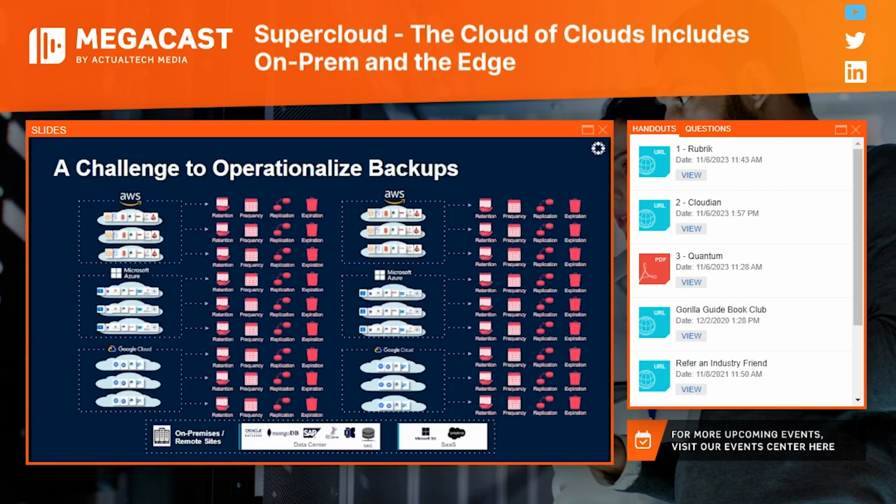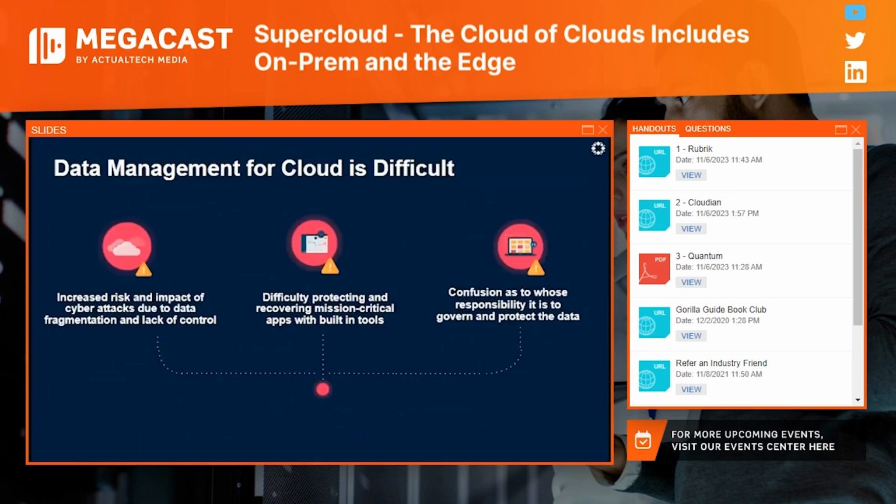And that's where Rubrik comes in, because when we think about how to deal with these significant problems, we do have answers. And so just a quick recap of what those problems are. Like, what's difficult about this? Number one, there's a significant increased risk of cyber attacks, right? As your surface area where your data lives, where your backups live, where your workloads live, and backups of those workloads, you obviously have many, many more attack vectors for bad actors to go after.